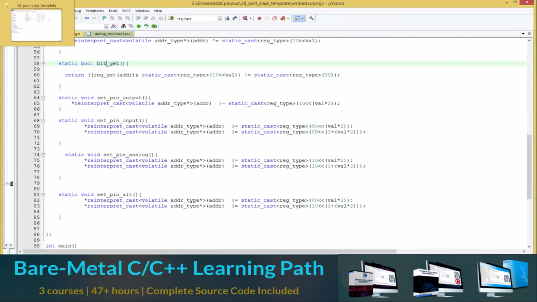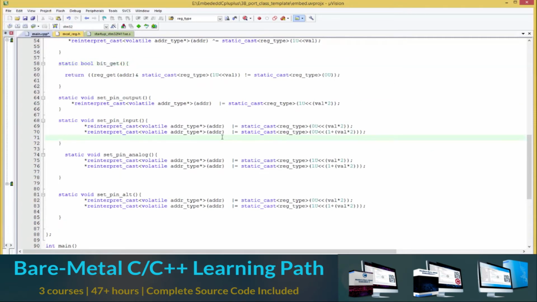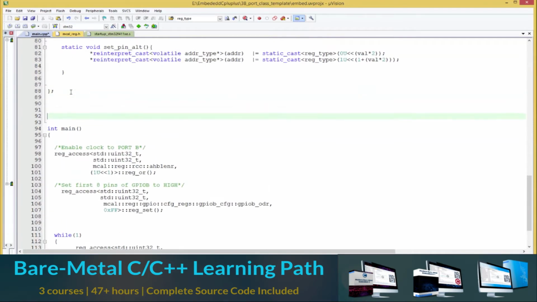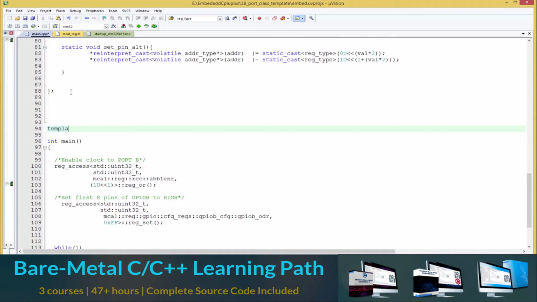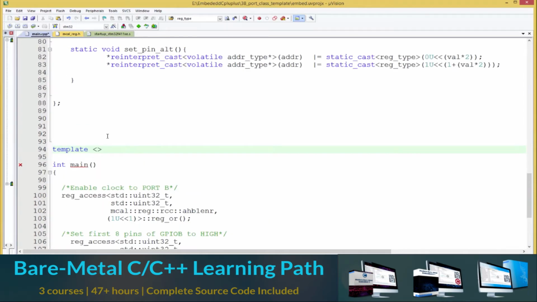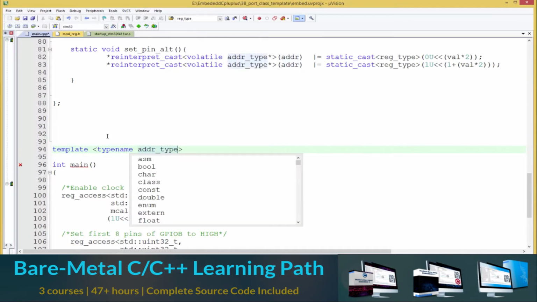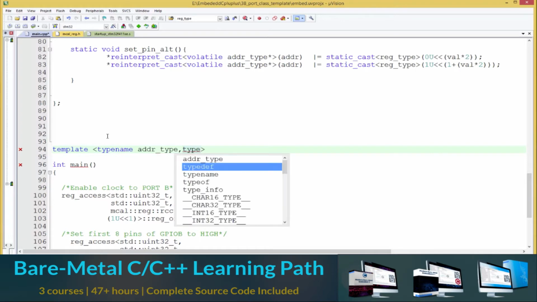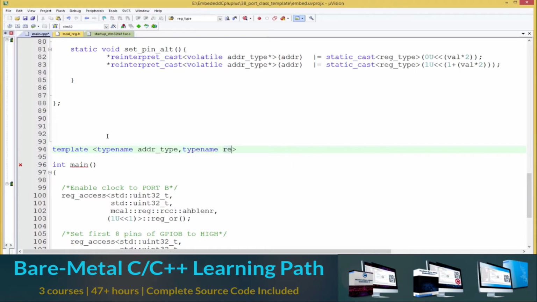So we can go ahead and create our port pin template, the template for accessing our GPIO port. I'll come down here and then I'll create a template, and then I'll zoom in a bit for you. I'll say type name. We'll take the address type, and then type name again. This will be the reg type,